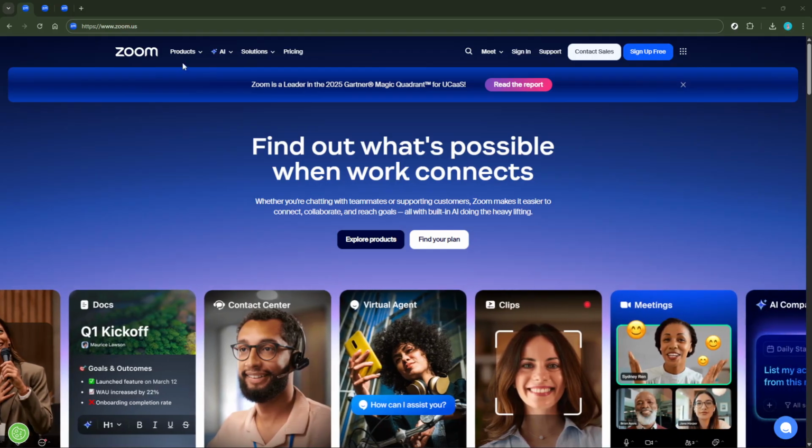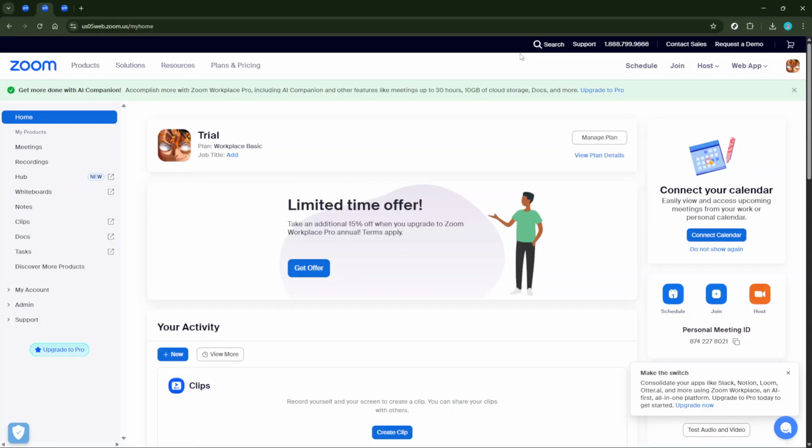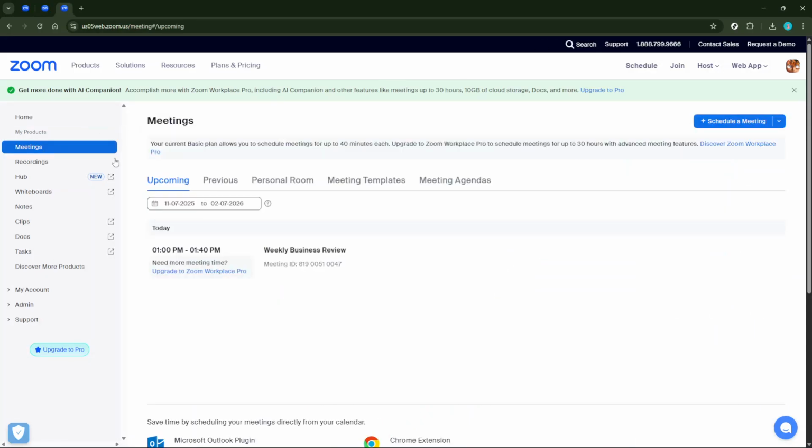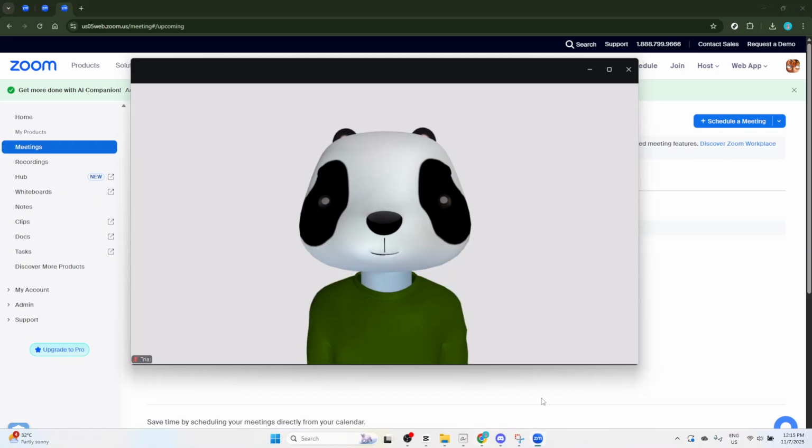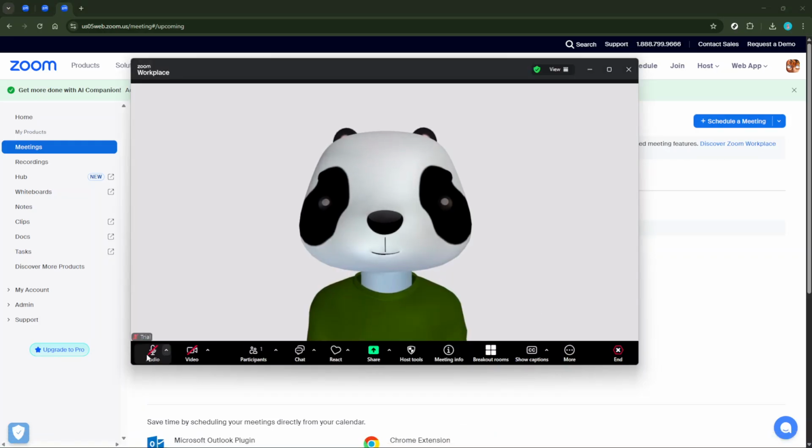First, let's make sure you're logged into Zoom and that you've joined a meeting. This process can be done either through the browser or the Zoom app, so go ahead and join a meeting as you normally would. Now, once you're inside the meeting, you'll notice an array of options on the bottom of your Zoom window. Move your cursor over to the microphone icon. You'll see an arrow pointing upwards right next to it.